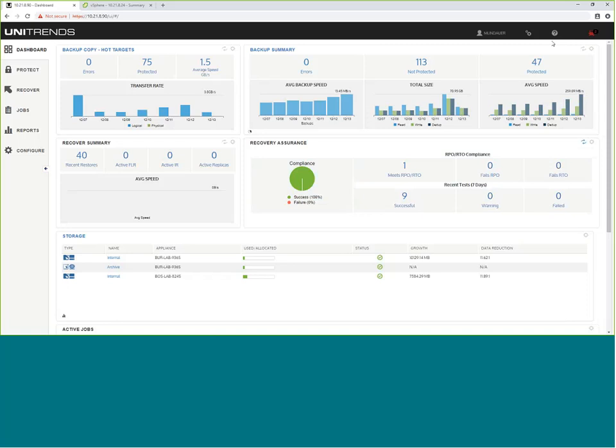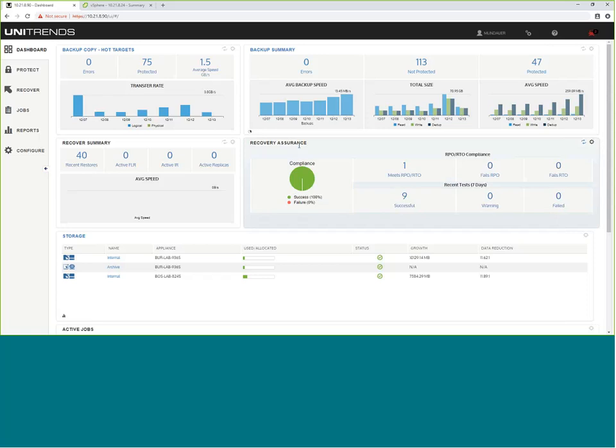Unitrends has an industry-leading 99% customer satisfaction rating, in large part due to the fact that we have 100% US-based support. You call into that support line, there's no auto teller, there's no hold music. You're going to get connected within 3 rings directly to an engineer that can help work with you to solve any problems that you have. Now, of course, high-level information is important, but if you want to really dig into the weeds, all you've got to do is click on one of these respective tiles.